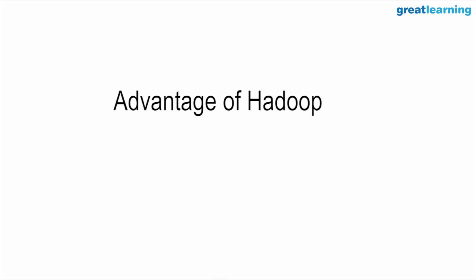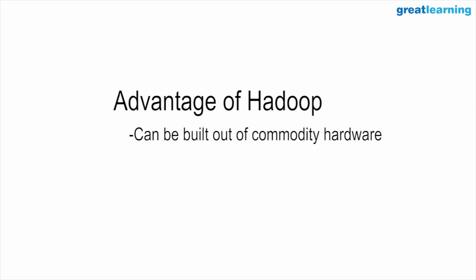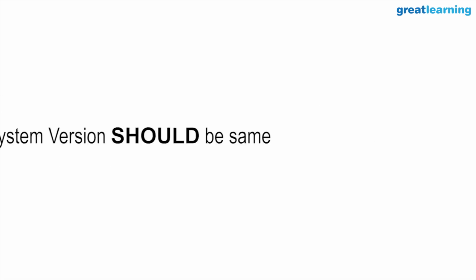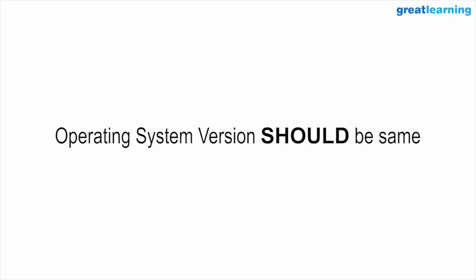The advantage of Hadoop is it can be built out of commodity hardware. Commodity does not mean cheap, it means you can go to any vendor and buy it. If one of your data nodes fails, you can go to HP or Dell, or any company, and buy a data node and it'll work. But with massively parallel computing grids, they have a very strict requirement. You have to go to the same vendor again. If you have a supercomputer from IBM and something fails, you have to go back to IBM only to get that node repaired or replaced. That's not the case with Hadoop. The only thing is the software operating system version should be the same in all the machines.